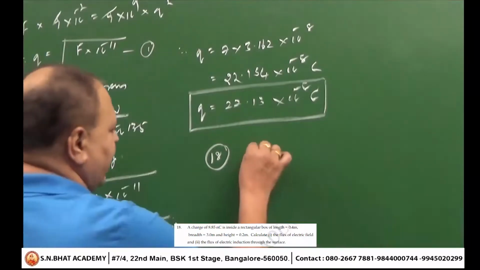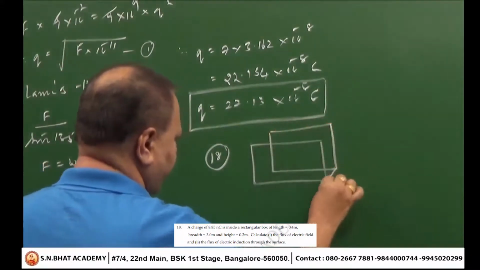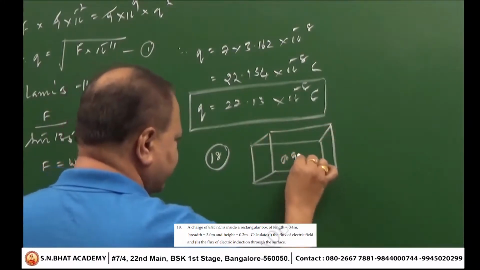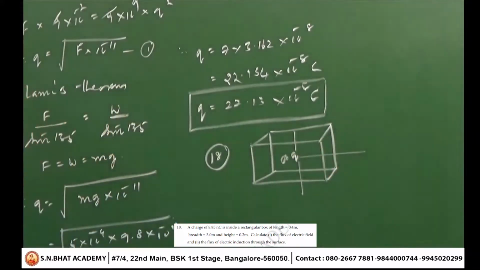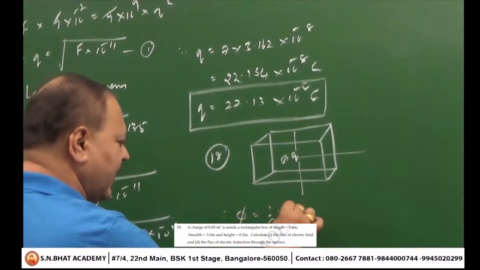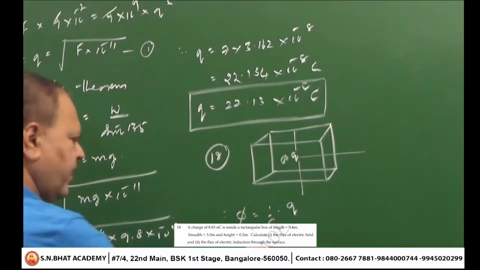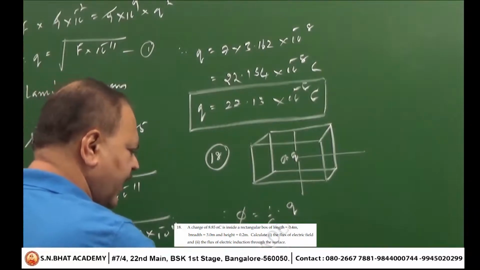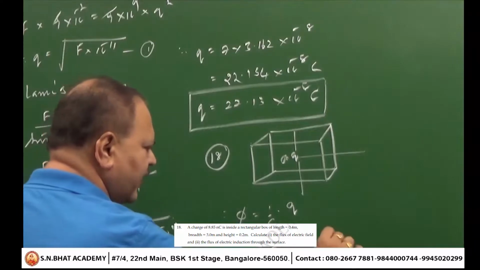You must remember, he has this kind of thing. He has put a charge inside. Now he says what is the flux passing through this. So you want to calculate the flux through this one. What is the formula for the flux? The flux passing through the closed surface is given by the formula 1 by epsilon naught into the charge enclosed, and this 1 by epsilon naught, you know the value of epsilon naught, 8.854 into 10 to the power of minus 12, and the value of Q is equal to